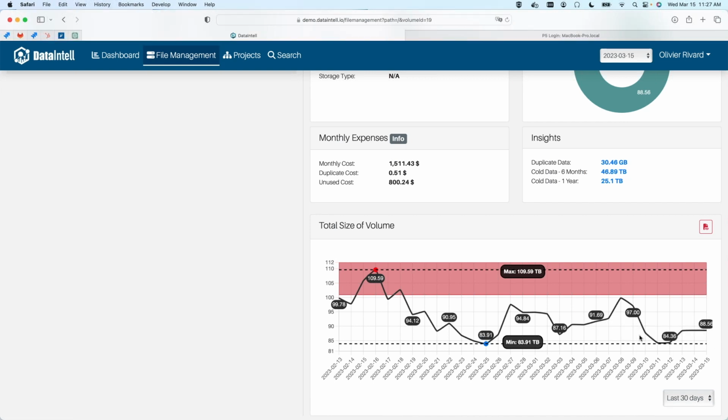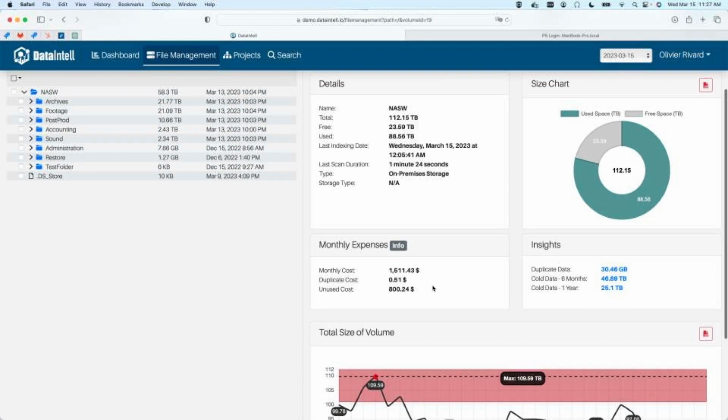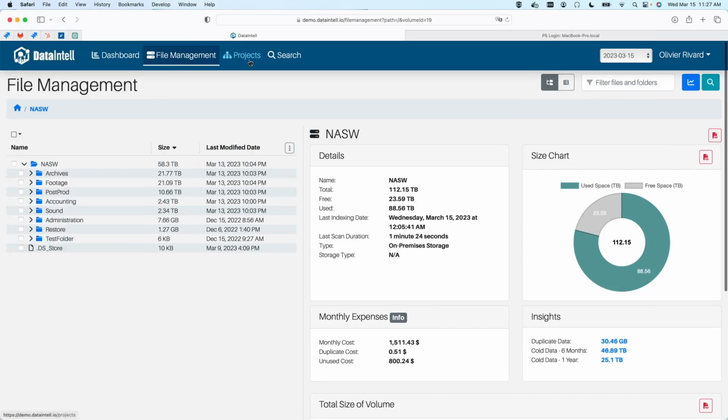But you will see changing over time of the capacity use for that specific storage. But if you didn't choose to have Archiware do the delete as part of the archive task, you could identify duplicates and then delete those off of the on-prem storage, right? Exactly. DataIntell does not act on data. It's a passive solution, but you could export